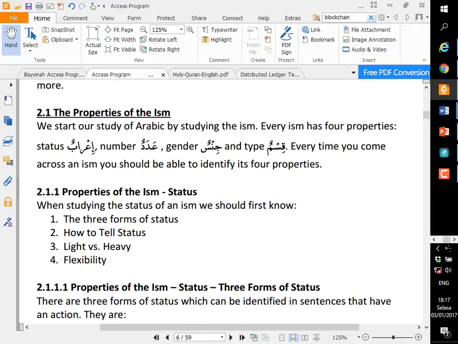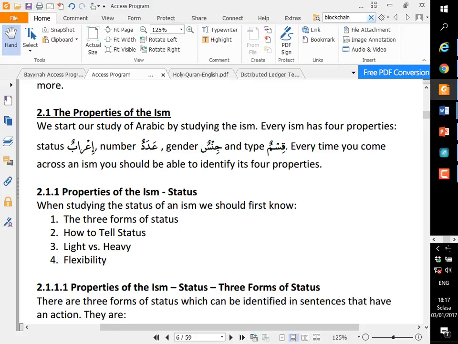So there are four properties. This is the basic or standard that you should know, that in ism there are four properties: status or i'rab, number, gender, and type. Why should you know the properties of the ism? Because